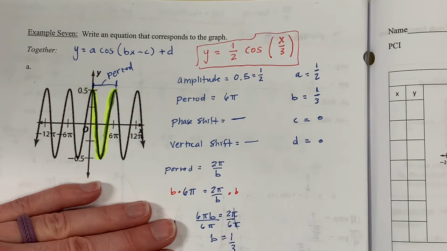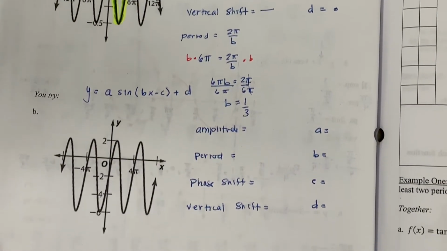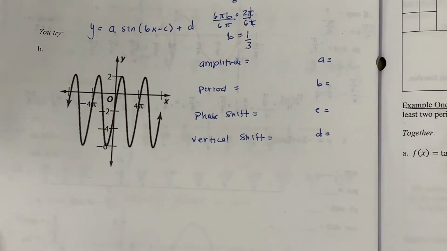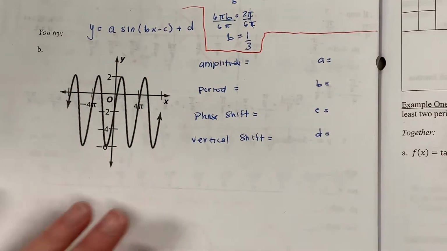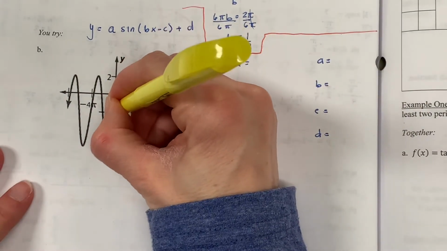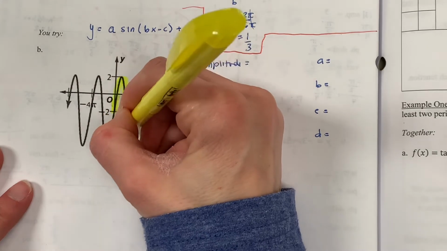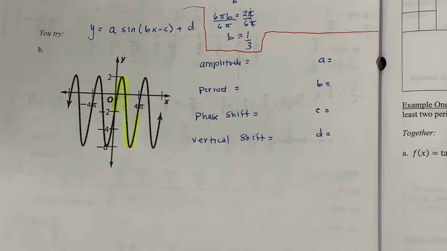Now let's take a look at letter B. In my second problem, I need to highlight a portion of the curve. Now I see near the origin, I have a curve that looks like this, and this to me looks like a cosine curve. Now notice